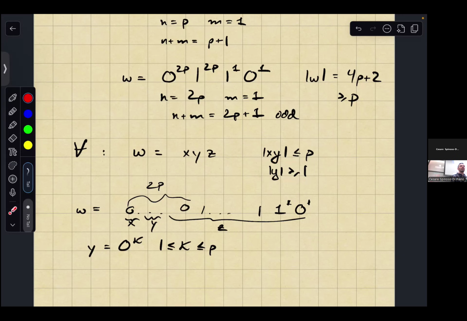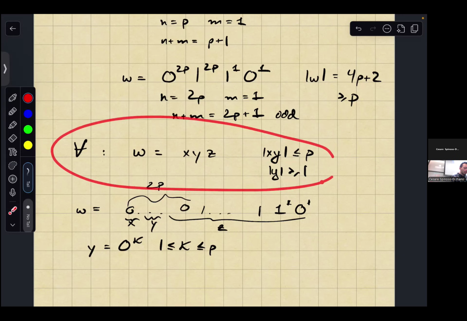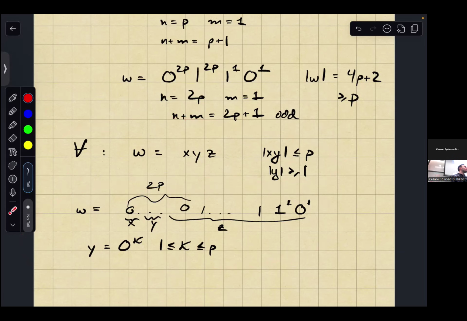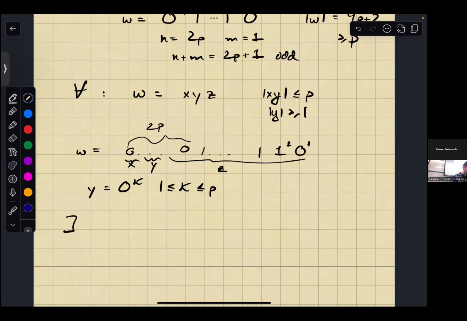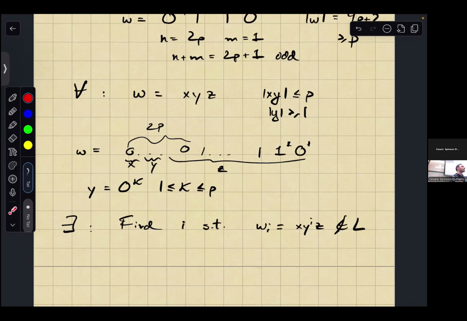Okay, so the for-all player's move ends really here. This is just my analysis of the for-all player's move. So now it's back to being my turn. At my turn, what do I need to do? I need to find an i such that Wi, which is going to be x, y to the i, z, is not in L. So you have to think of the i as how many times I am injecting the Y into the original string. So if i is 2,